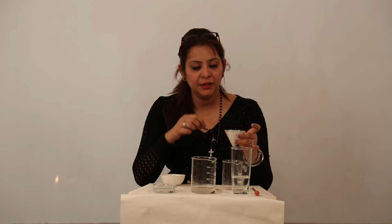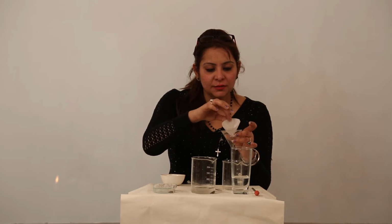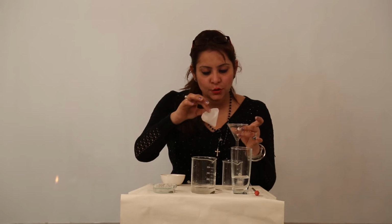Now you can see that the water is just filtered out. The water along with the salt has moved into the beaker, and the sand particles are almost stuck to the filter paper, right. So that means we have just this thing separated, the sand on the filter paper. You can see that the sand particles are just sticking to the filter paper, they are just separated from